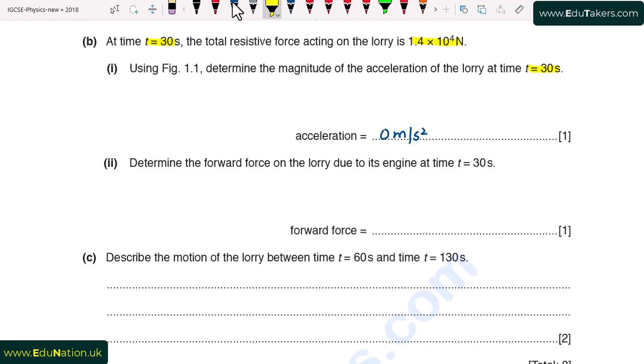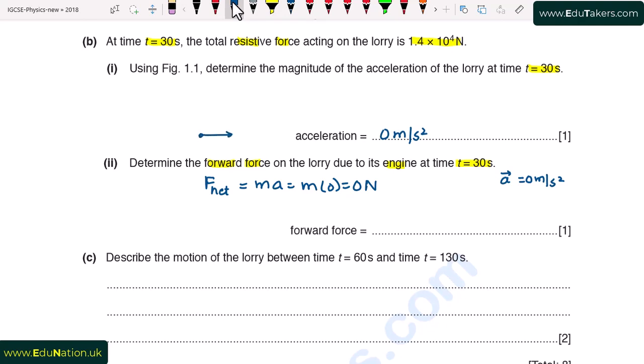Part 2. Determine the forward force on the lorry due to its engine at time t is equal to 130. So we already calculated that at t is equal to 30 seconds, acceleration is equal to 0 meter per second square. It means that net force will be equal to ma, according to Newton's second law of motion, m into 0. So the total force is 0 Newton. But in the statement it is given that the total resistive force is 1.4 into 10 to the power 4 Newton. It means that this net force is